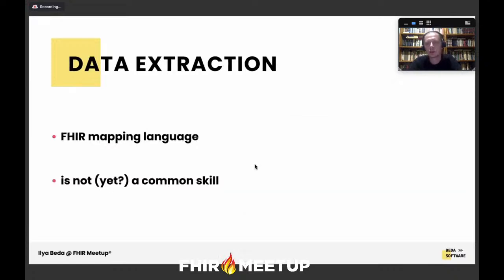Then let's discuss how we extract data from the form back to FHIR. Again, there are three possible options for how we can extract data following the SDC implementation guide. I prefer the mapper-based approach, and SDC is promoting FHIR mapping language as a tool to do mapping, but it's not yet a common skill. You can find it in the specification, and